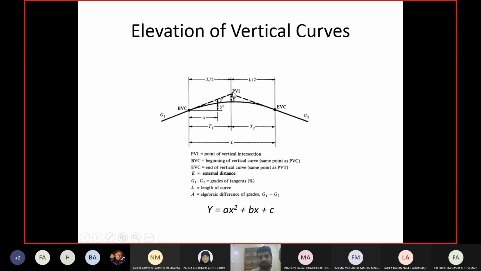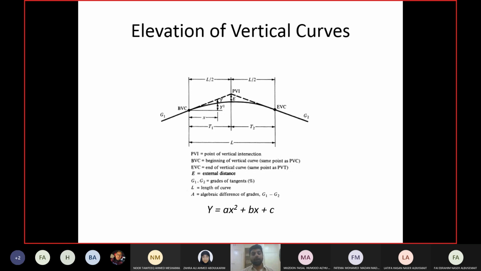So the gradient was this. If there was no curve, the car was going on this line. And then you have the curve. So the difference in elevation between the line and the curve is called Y, and Y means offset. Another name for Y is the offset. And ax square is equal to Y. So the first term in the parabolic equation, the second degree term where you have the x square, always gives you the value of the offset. What is an offset? The difference in elevation between the curve and the tangent or the gradient.